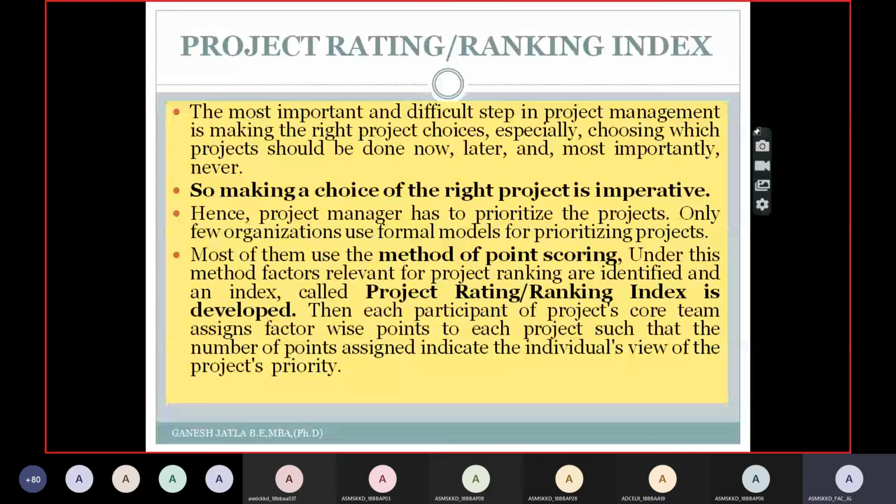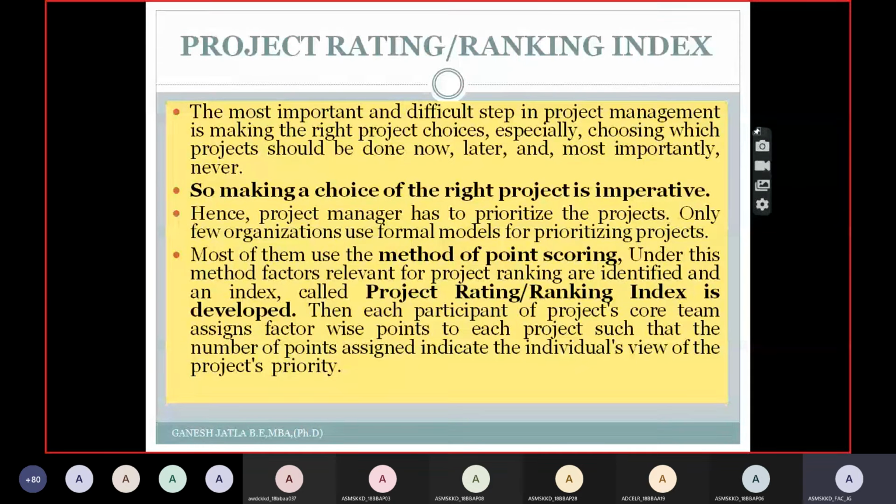And the next important aspect is, now you are familiar with how to generate ideas, and how you generally get ideas, that is based upon idea scouting. Then how to screen the ideas, that is initial screening and detailed screening, and how to check whether they are fit for the organization or not, that is based upon monitoring the environment. And whether that idea is strategically useful for your organization or not, based upon the corporate appraisal.